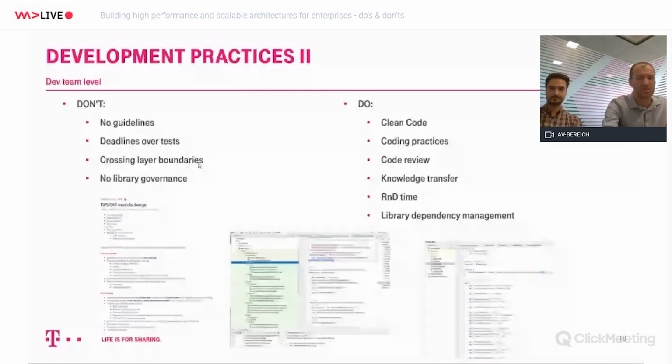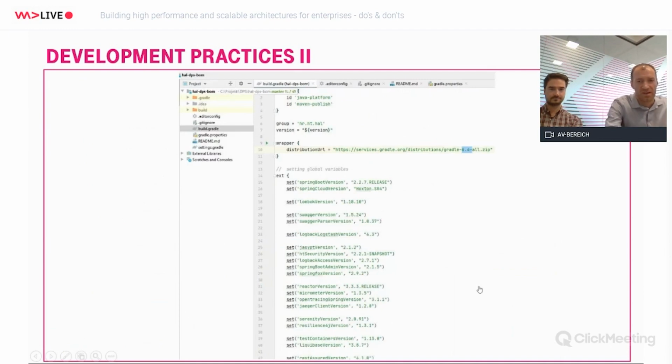Also, regarding the library dependency management, it is okay to make a tech stack, but you will run into problems where you have one library in Spring Boot 2, you have second in 2.1, 2.2. So when you start connecting them together, things will break because there will be inconsistencies. So try to create a project that will have your bill of materials of dependencies, and then try to agree, okay, let's use this for next quarter, and then after 3 months we will see what has been upgraded